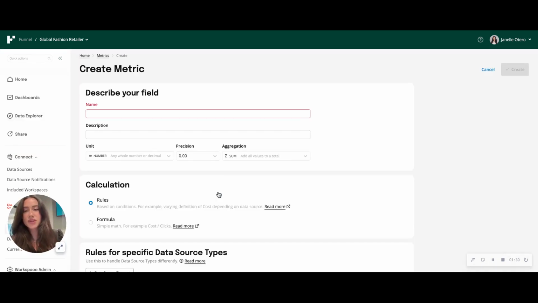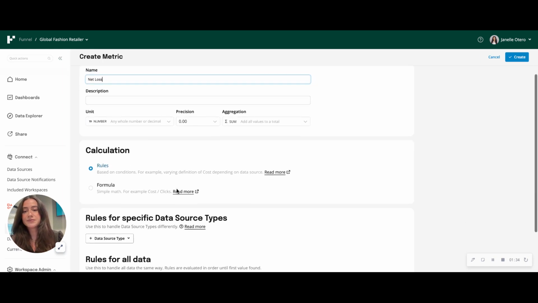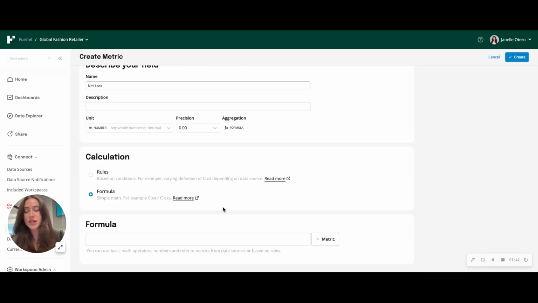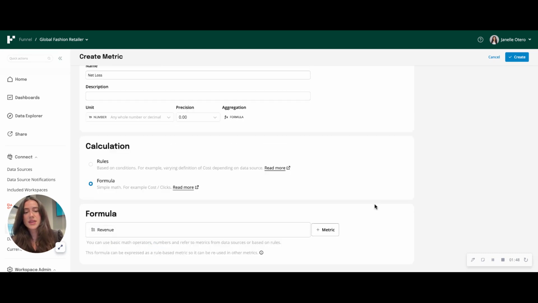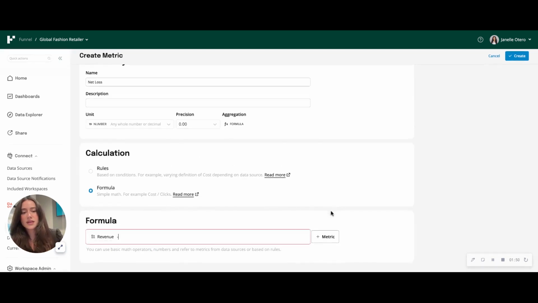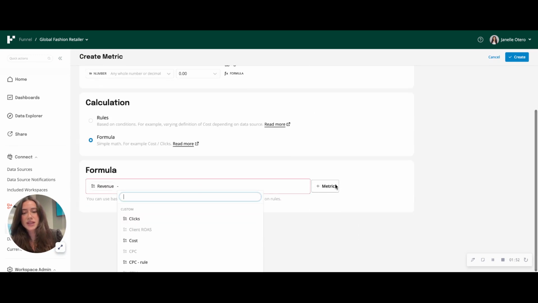So we can start off from scratch. And let's say we want to call this one net loss. Then we would go down here and click on formula. And then we could say revenue. And then you can pick the metric you want by clicking metric here, or you can just begin typing it in and this drop down will pop up. And then we can do cost. But just as a little heads up,